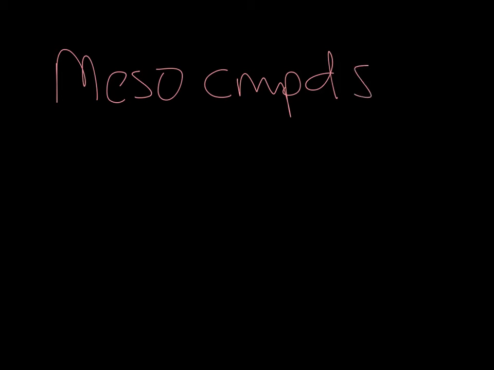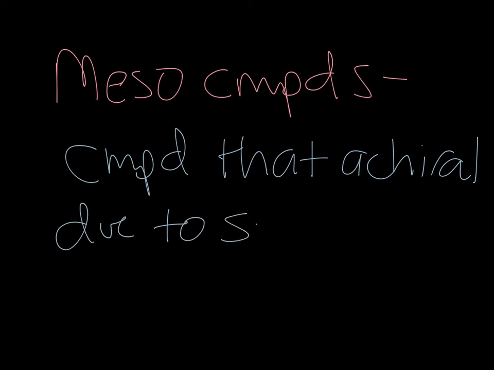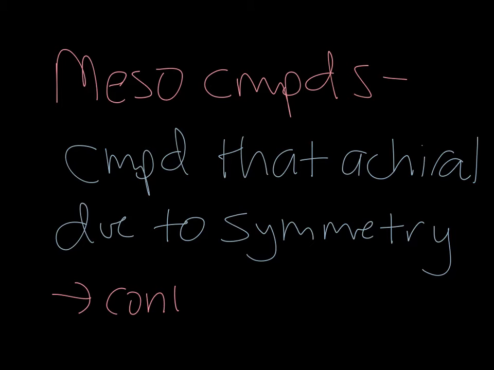So in this video we're going to take a look at meso compounds. We've been looking at chiral molecules, molecules that contain chiral carbons and their stereoisomers. A meso compound is a compound that is achiral, meaning not chiral, due to symmetry. So even though it contains chiral atoms,